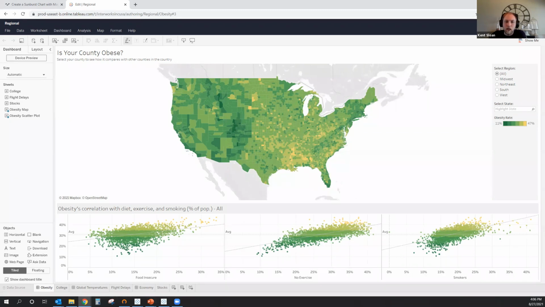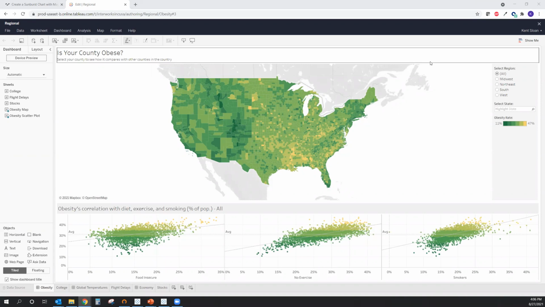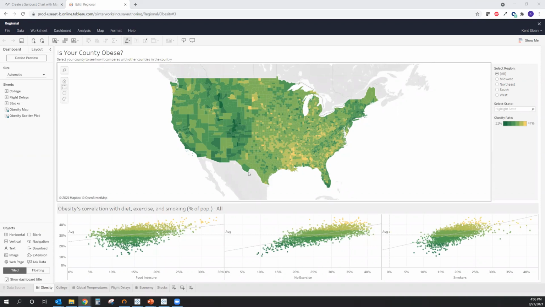Any other questions from you guys before we wrap up? Hey Kent, this is Dilip here. Thank you very much for showing all these latest new things in Tableau. Really appreciate it. I have only one question. How many layers can be added on maps at max?